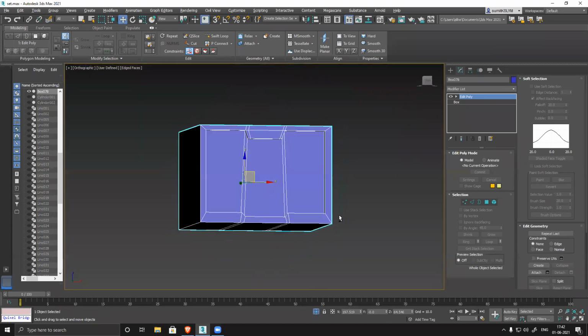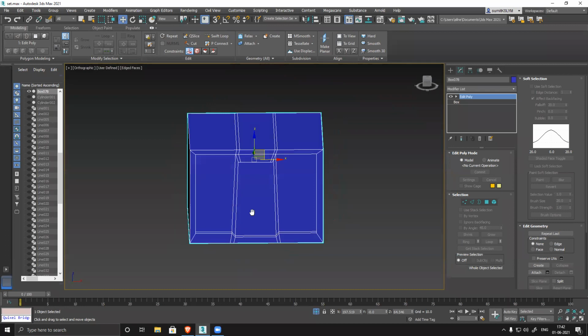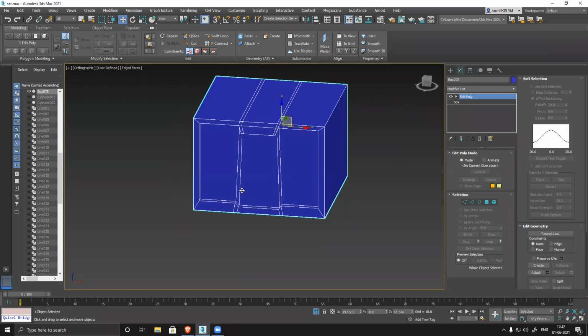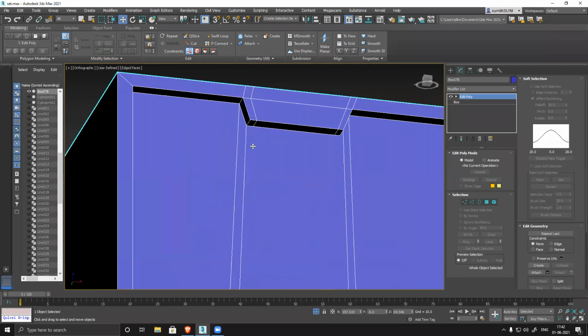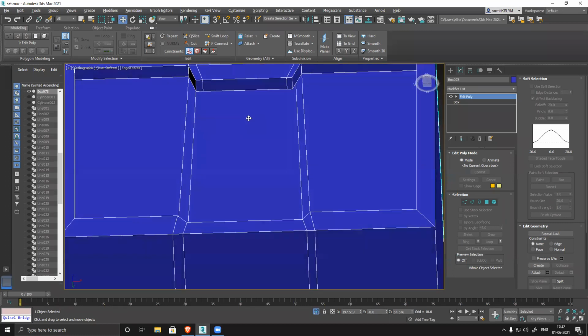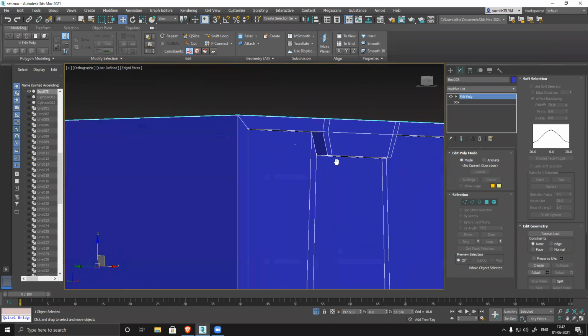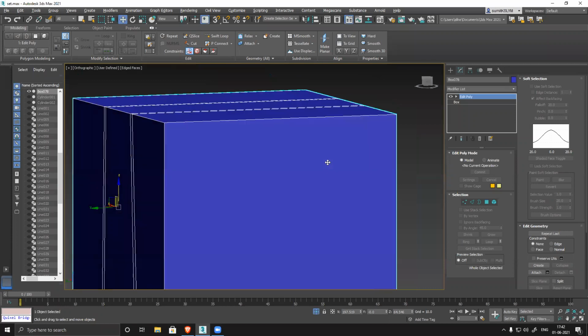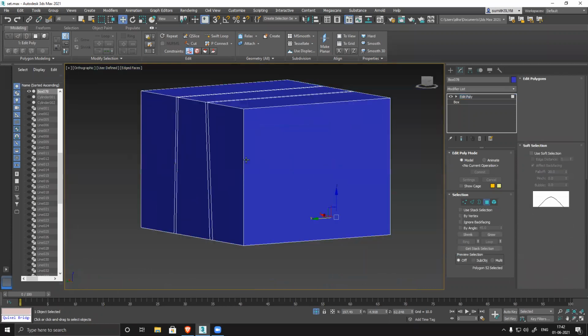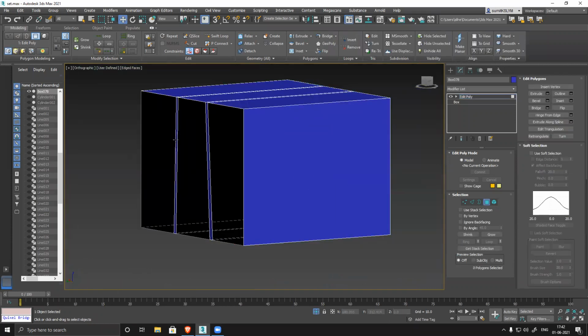Isolate the model. And now I have to optimize it. Wherever I don't need all this, I have to delete those surfaces, those sections. So here I can see the back side, because it's not visible. Delete, delete.